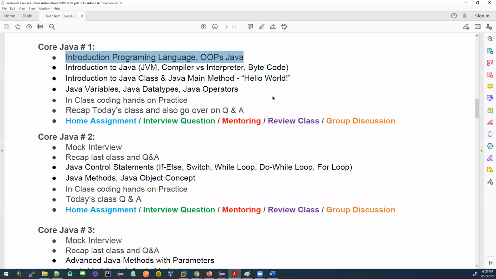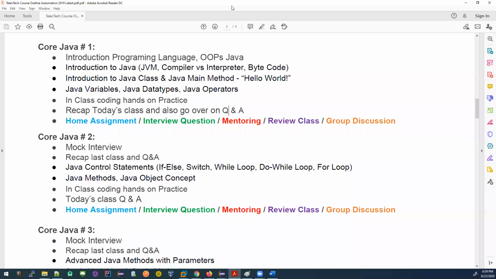We had a plan to do Java variables and Java data types, which we could not do. So I will stop the class at this point. For the next class, what I want from you is to go through whatever I covered and try to have a clear understanding of the Java virtual machine, compiler, interpreter, bytecode, and how it works for Java.